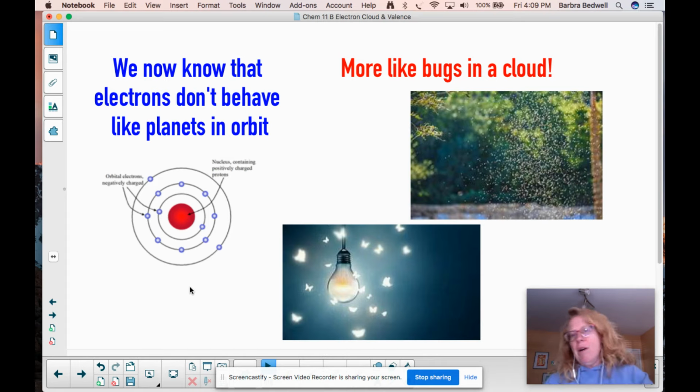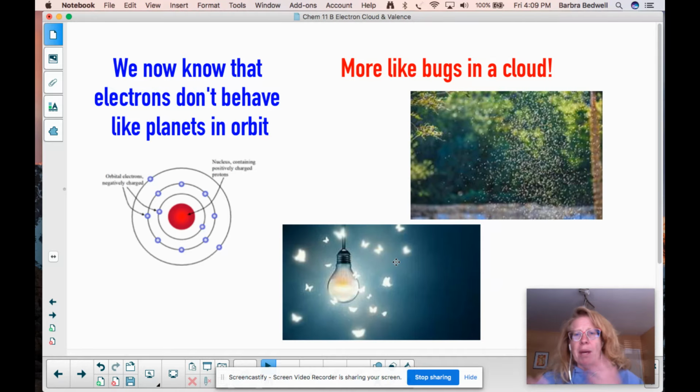And now we know, based on the works of people that started about 20 years later and through the last 100 years, that electrons are crazy little buggers. They fly around all over the place. They act like solids. They act like waves. They move almost the speed of light. They're all over the place. They do all kinds of crazy stuff.